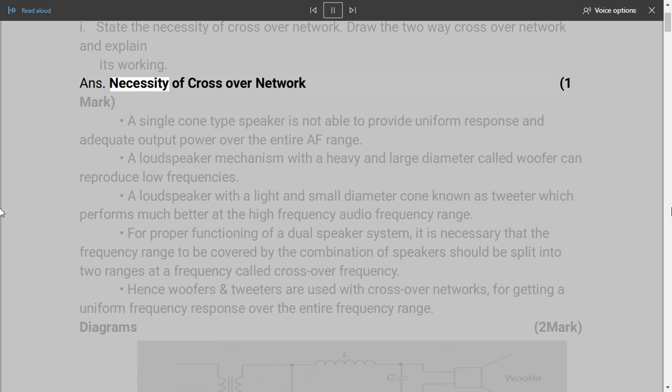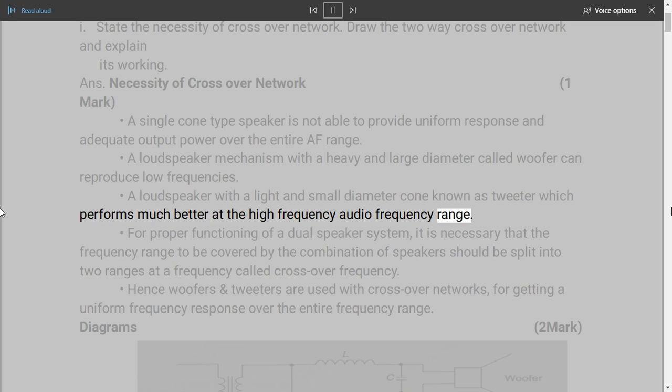Answer: necessity of crossover network, 1 mark. A single cone type speaker is not able to provide uniform response and adequate output power over the entire AF range. A loudspeaker with a heavy and large diameter cone, called a woofer, can reproduce low frequencies. A loudspeaker with a light and small diameter cone, known as a tweeter, performs much better at the high audio